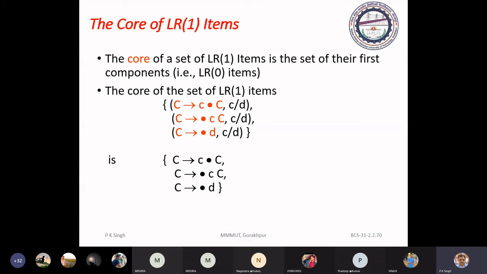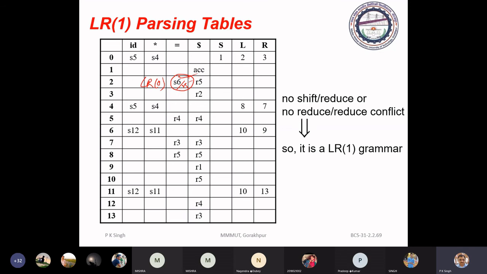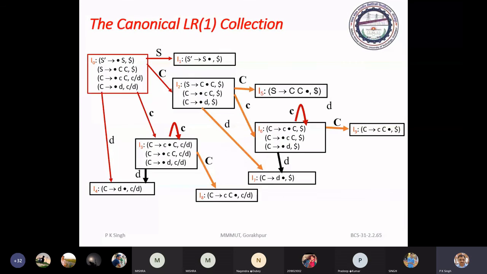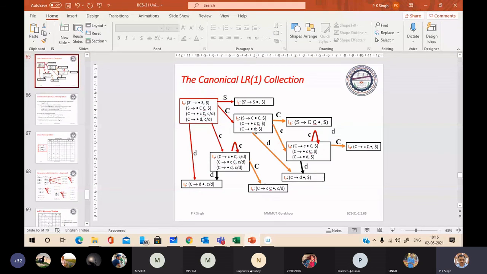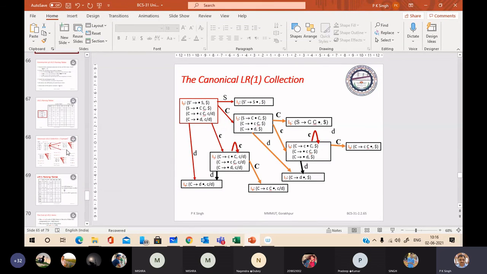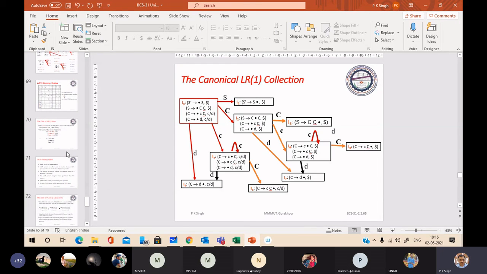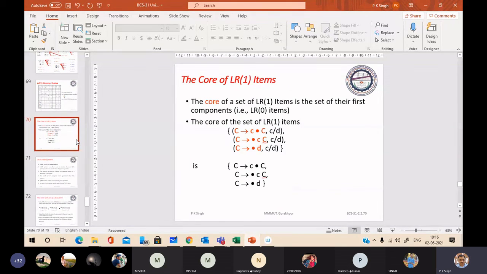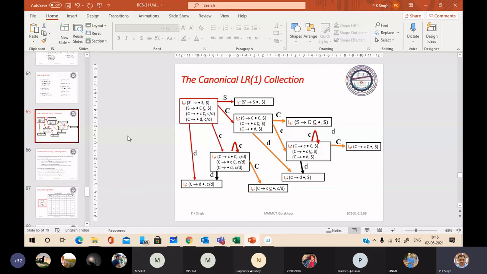Now we are discussing about core. If you see in this previous example, what conclusion have you drawn?